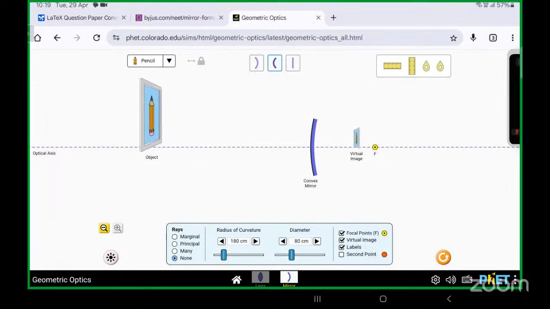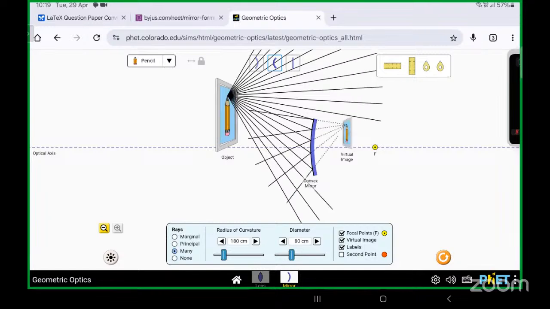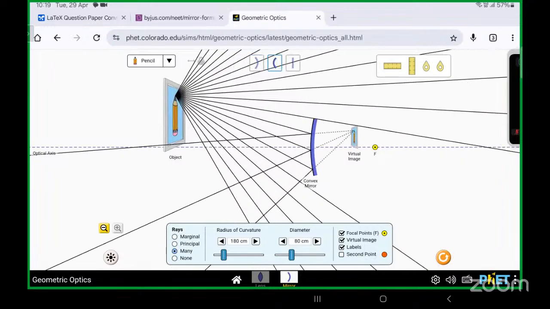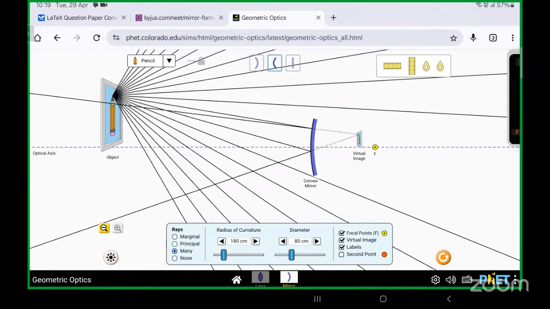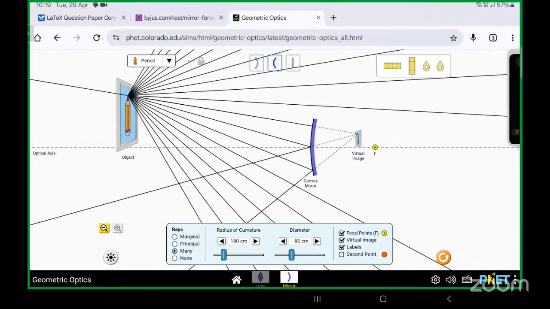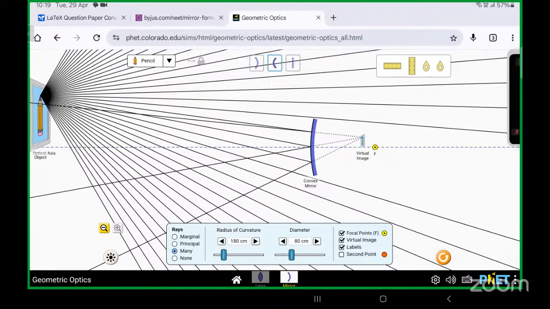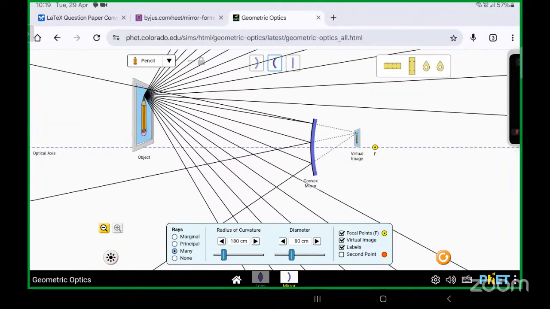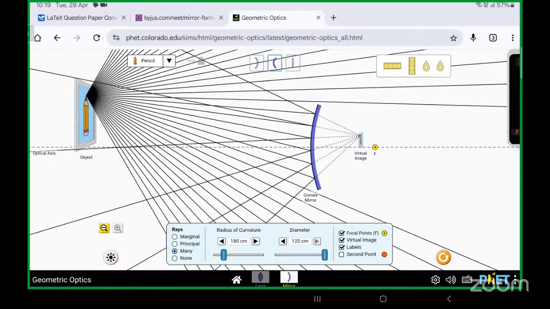Or can you see, image lies in between pole and focus, पोल और फोकस के बीच में ही रह रही है। अब यहाँ पर रेज भी छोड़ करके आप देख सकते हो कि बहुत सारे रेज इमेज से टकरा करके फॉर्म हो रहा है। इस तरीके से काम होता है हमारा। बात समझे बेटा सब लोग, ठीक है ना।